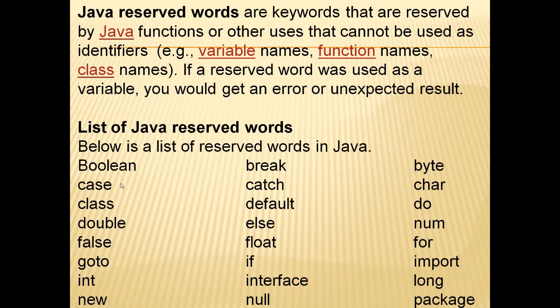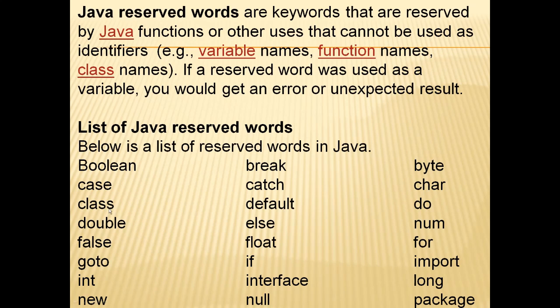Now, these are the keywords: boolean, break, byte, case, catch, char. Boolean is used for true and false values. The break statement is used when we are making a program with a switch case. Byte is the unit used to define the number of characters. Case is also used in a switch statement. Catch is also used in programs. Char is used for a character.